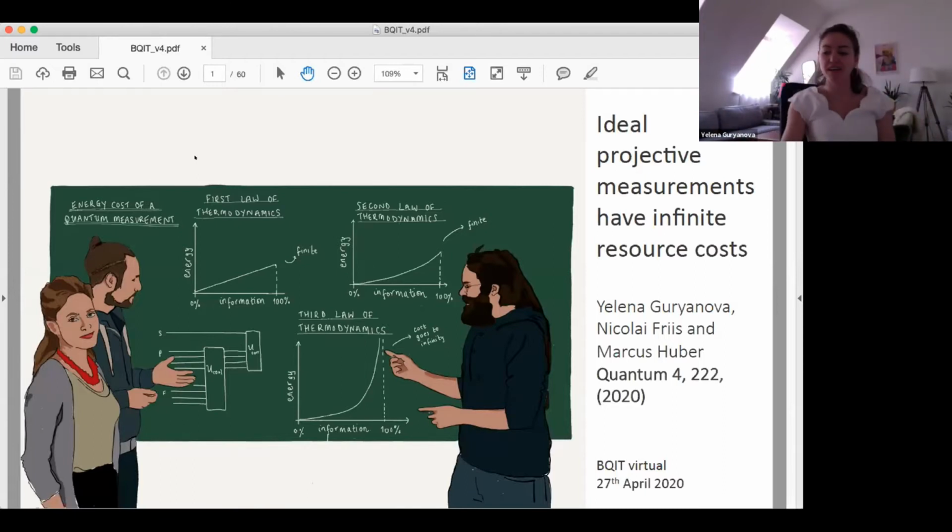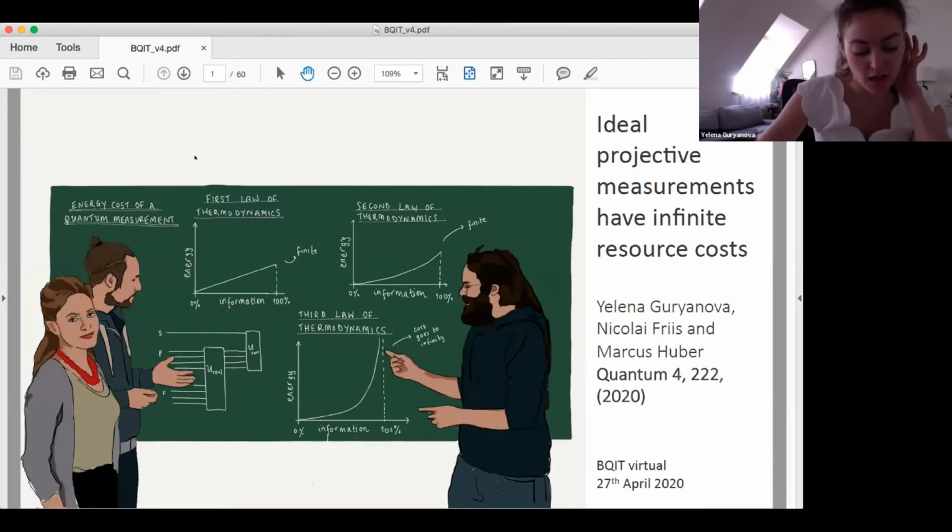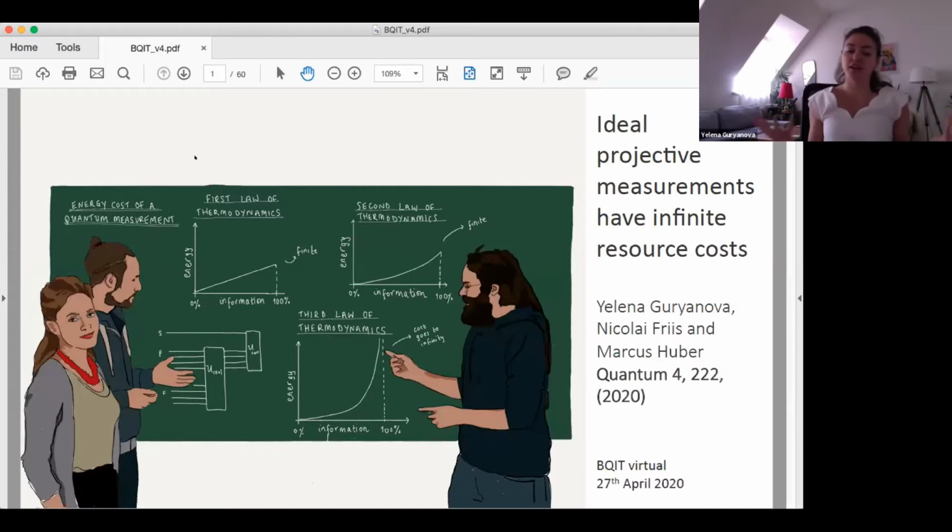So this is my virtual presentation then about ideal projective measurements and how they have infinite resource costs. This is in collaboration with Nico Fries and Markus Huber, and we're all at IQOQI Vienna at the Austrian Academy of Sciences. So I'd like to start by looking at two facets or two areas of quantum physics and